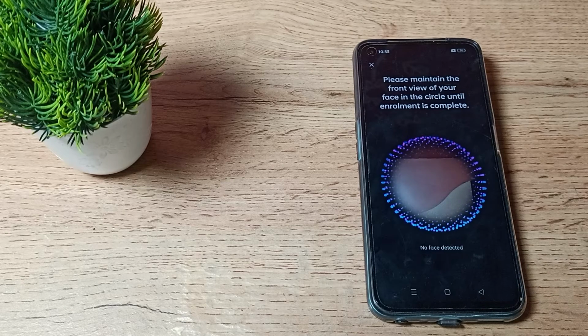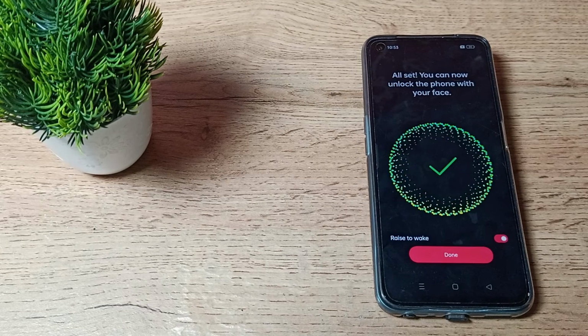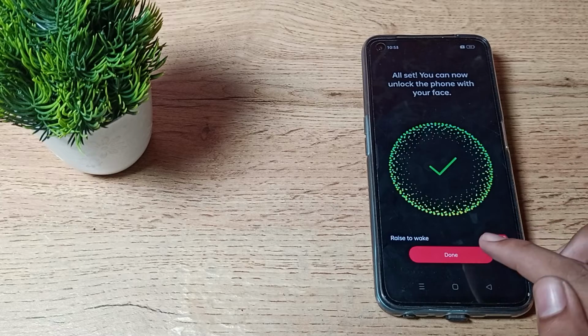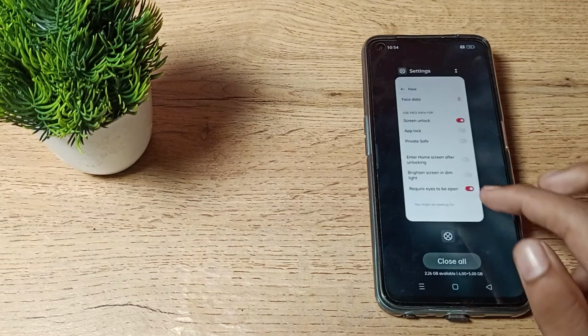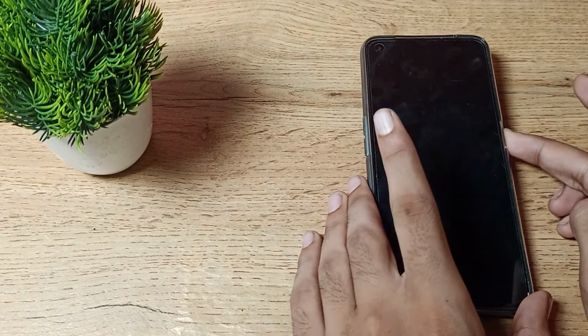I am going to pause the video and show my face. After showing the face, you can see this type of notification. Then you can see the done option. So tap here. Then come back, and you can see you have this face lock in